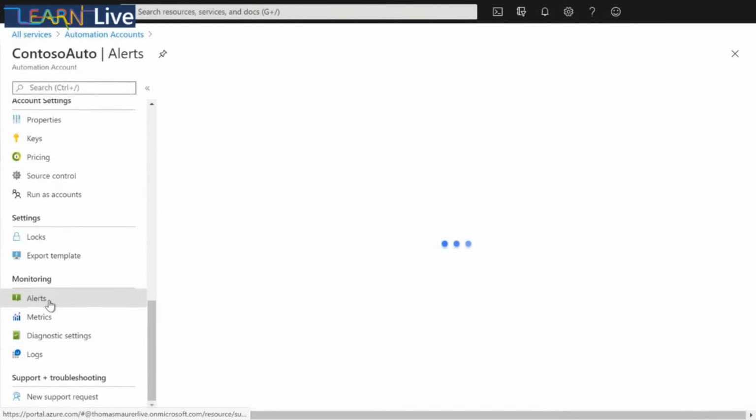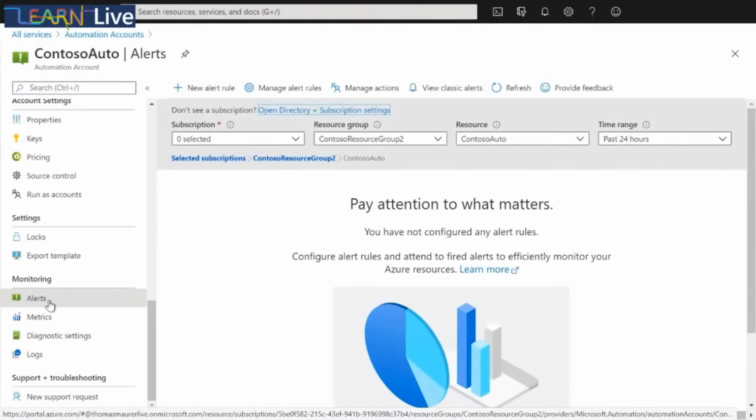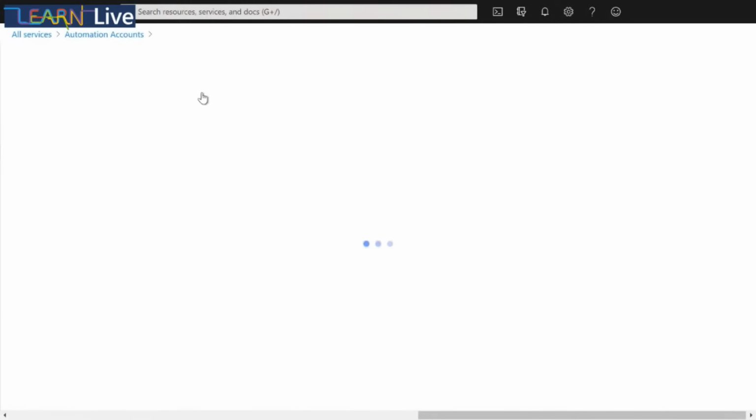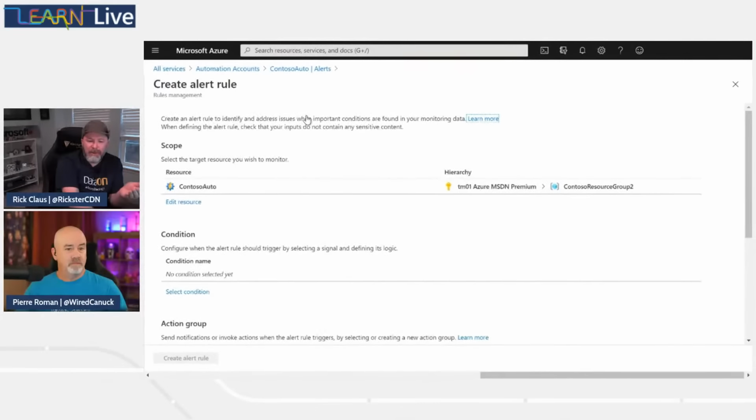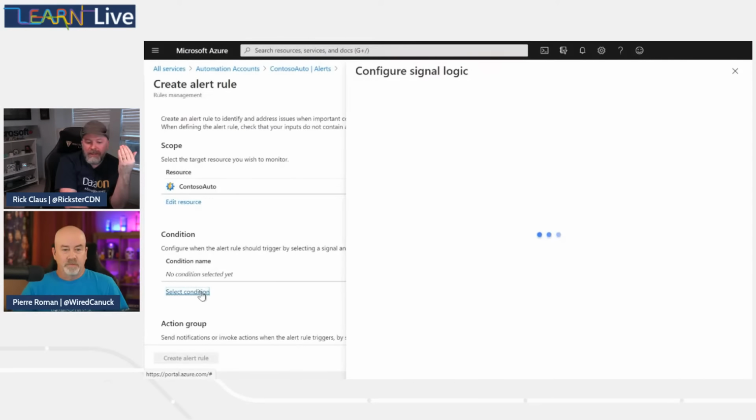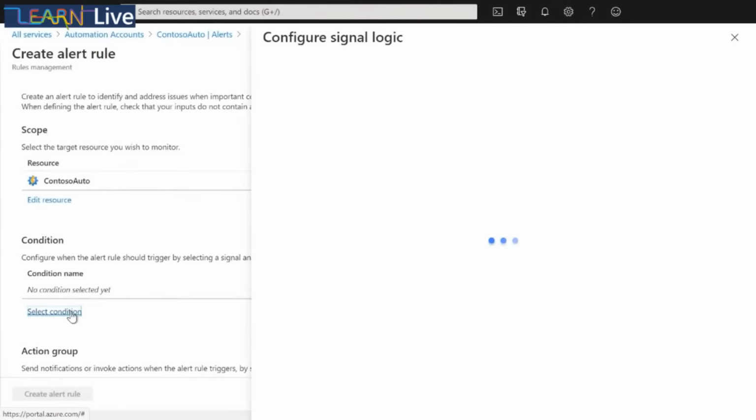Now, we need to go through and configure an update schedule. But before we do that, I want to show you the alert side of things. Alerts are something that you can create that will give you notice of information about a particular update schedule that has run, and then fires off and notifies you about something. So in this case, we're going to create an alert rule, and we can identify, first of all, the automation account that's being used. In this case, it's Contoso Auto, and then configure the conditions for this particular alert rule to basically have a signal that says, hey, go off and do something. Now, the signal logic that we happen to have available to us